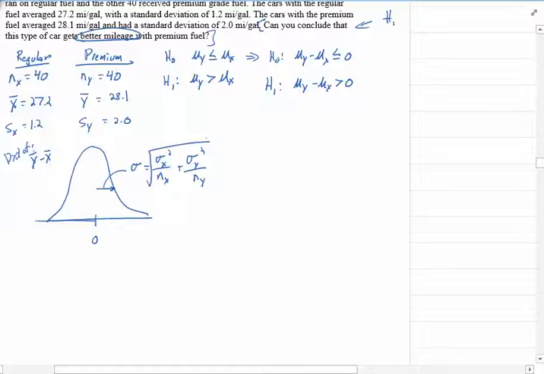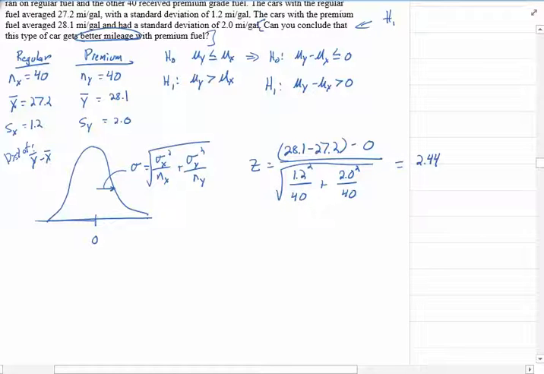All right, then we calculate our statistic. Z equals the difference between two means, which is our signal, minus our hypothesized difference, divided by the noise, and we get a z of 2.44. Anybody get that? Okay. So we're out here,